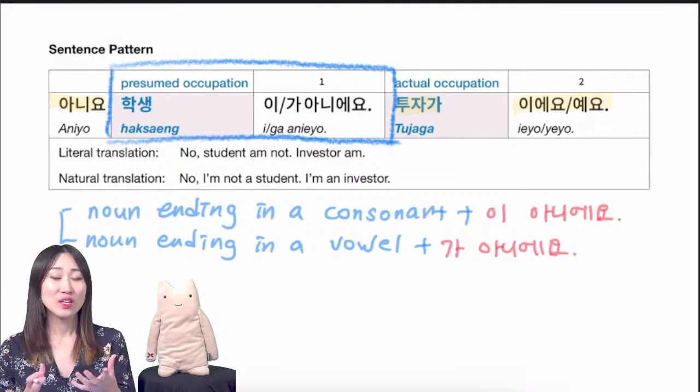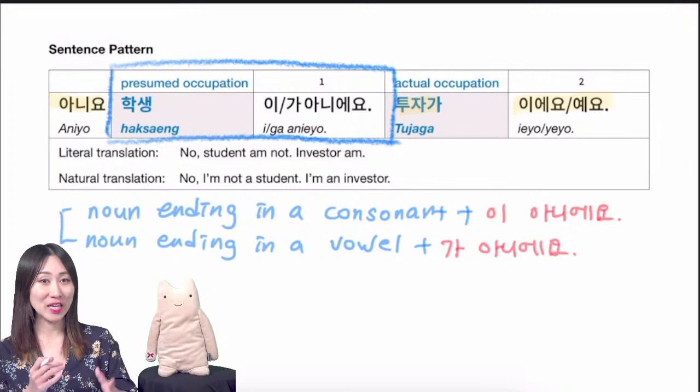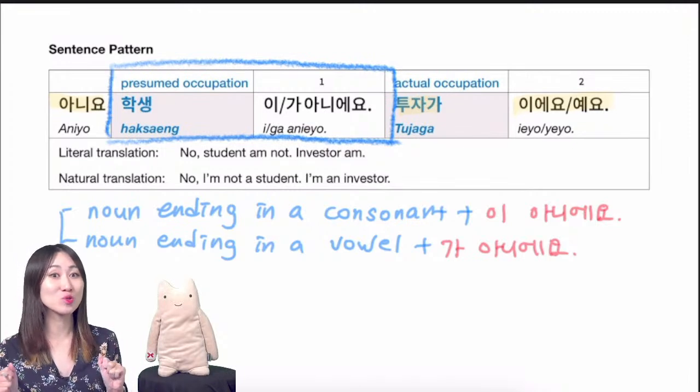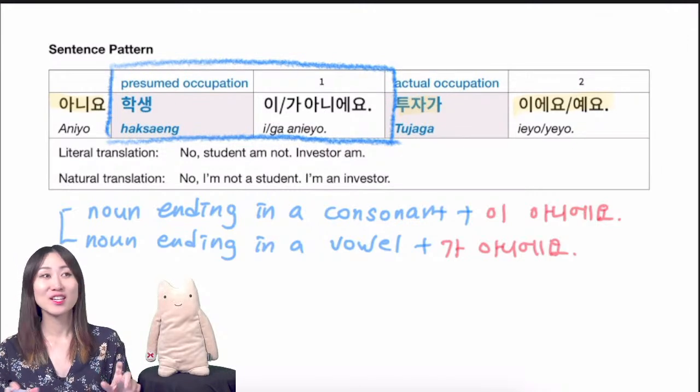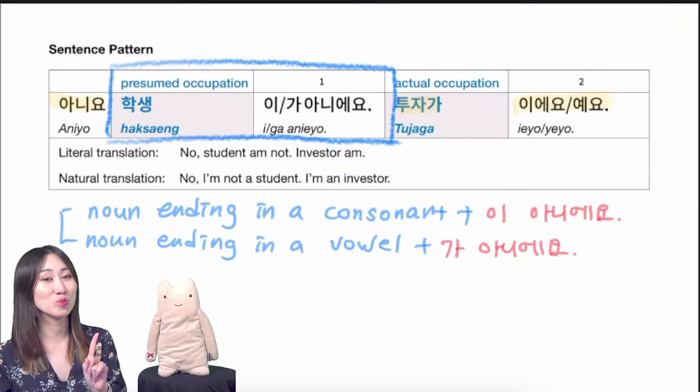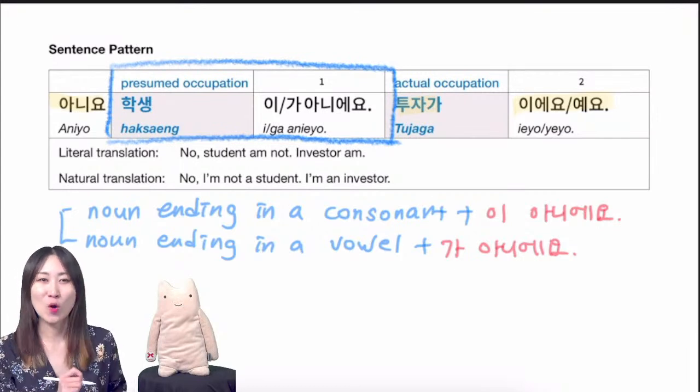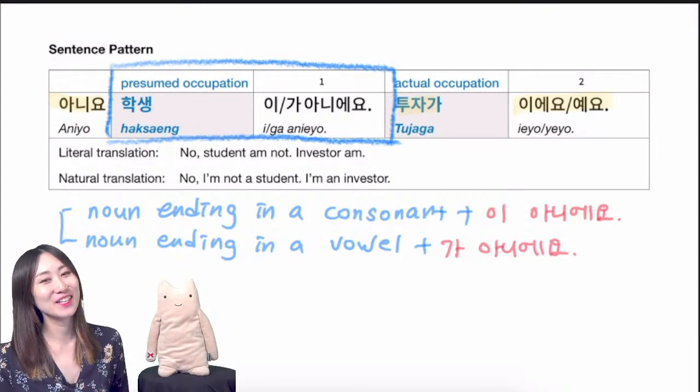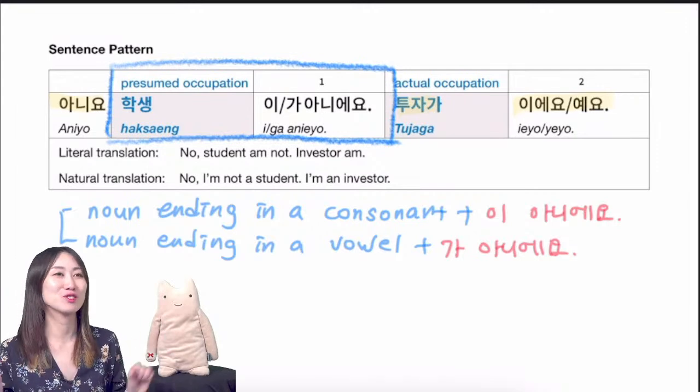Just kidding, Korean is too difficult. I know if you don't understand the Korean word order, it seems so difficult, but you will get used to it. My students got used to it quickly. So when you practice a lot, it's okay. It's actually the same for all other languages in my experience.